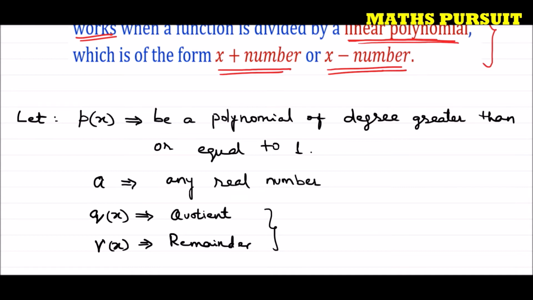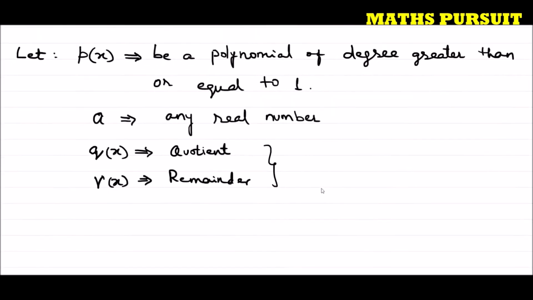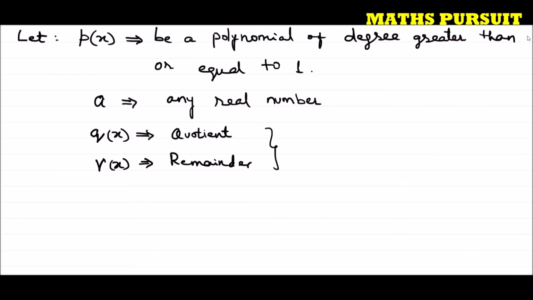Because if you look at the theorem, it states that if p(x) is divided by x minus a, this a is any real number, and then we are considering q(x) as the quotient and r(x) as the remainder. We are just assuming these things. Now let's look at this. After taking these assumptions, let us see. We very well know that the dividend is equal to